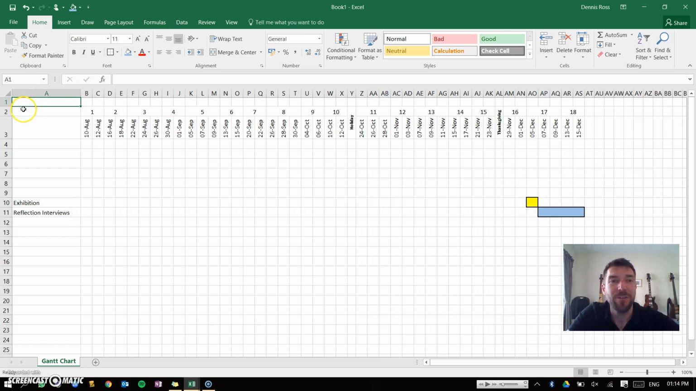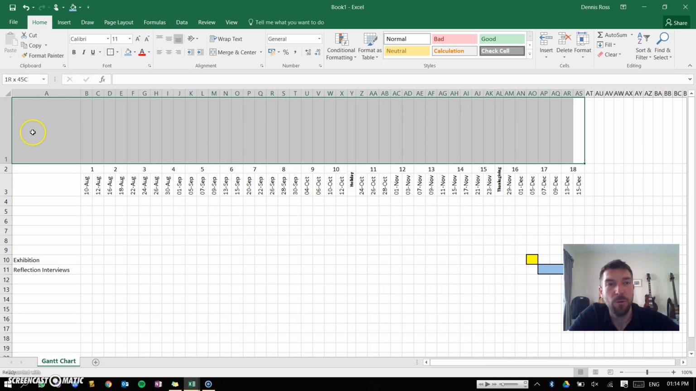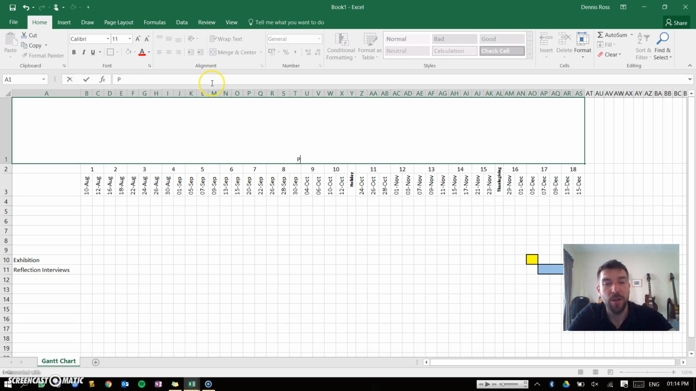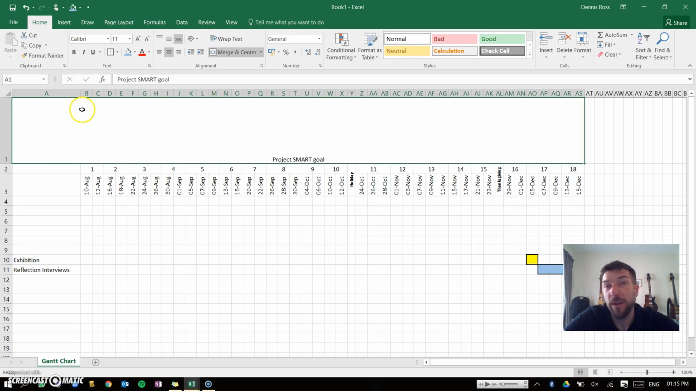So very last thing that we're going to do is up along the top here, you're going to put in your SMART goal. Okay, so we're going to take all of this space here, do a merge and center, and then type in the title, project SMART goal. So this is where you're going to put in your final formal goal of the project that fits into this plan. Now you're going to write the goal underneath it here, and it's going to be like a paragraph of text. So what I've done is I've just merged all of those cells together,